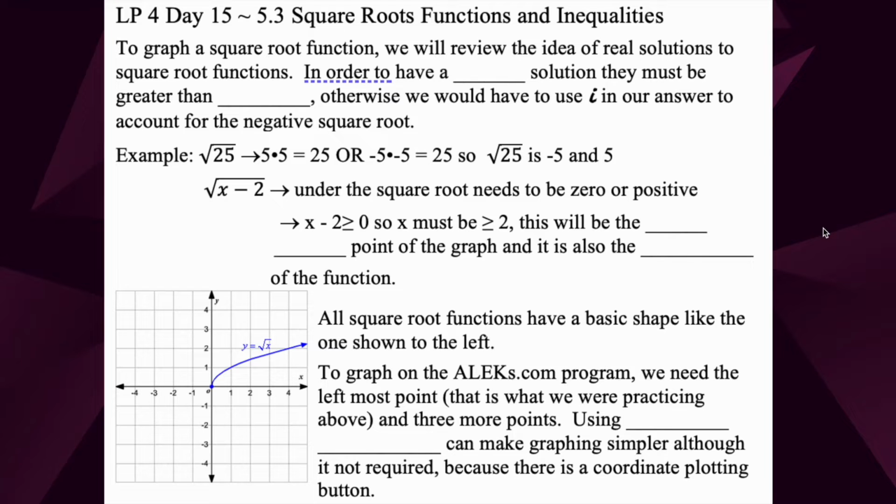All right, so we're going to talk about square root functions today. We're going to read through a bit of this, and then we'll look at a problem and how to visually do it. So to graph a square root function, we'll review the idea of real solutions to square root